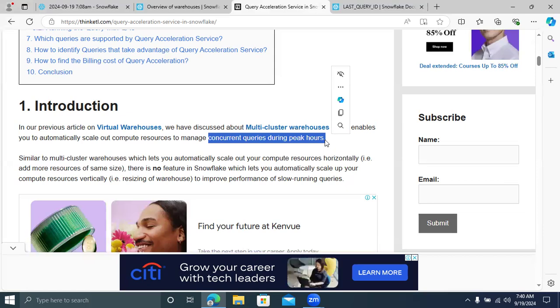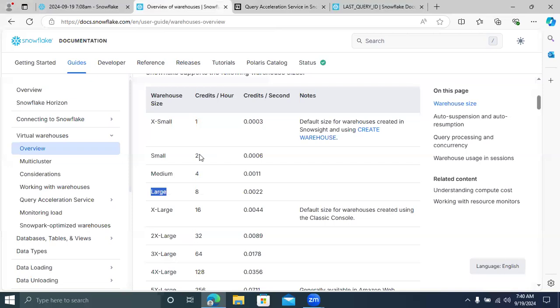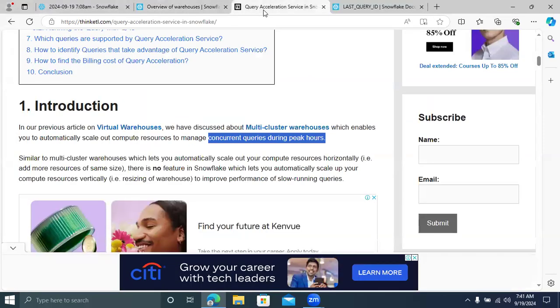Now, without multi-cluster warehouses, can you achieve this in standalone warehouses like X-small, small, medium? Guys, I'm asking you a question. No, you can't achieve it. When you're running queries concurrently and in parallel, the multiple computing resources will be scaled up.